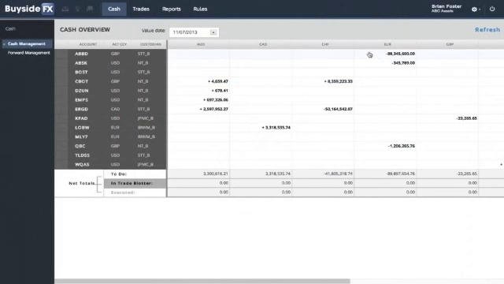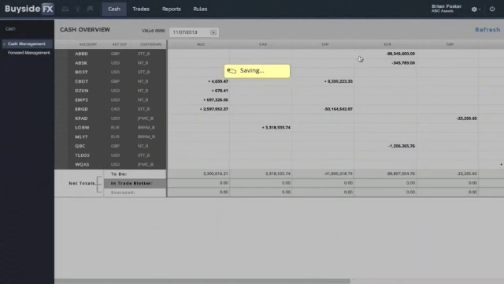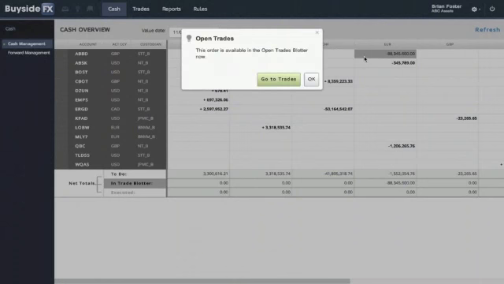Let's walk through this first account, which is short 88 million euros. When we click on the exposure, the software behind the scenes knows that we want to buy euros against sterling, that account's home currency, and it automatically sets up the trade, which we can approve in a single click. Now, the pre-staged trade is sent to the trade blotter, and the balance turns dark gray to indicate that the